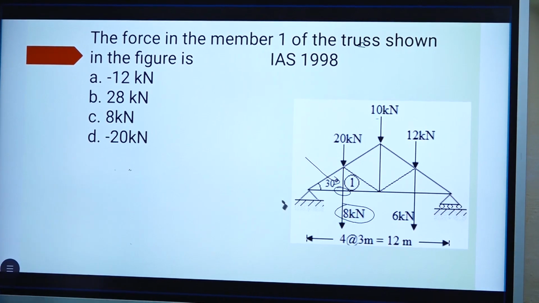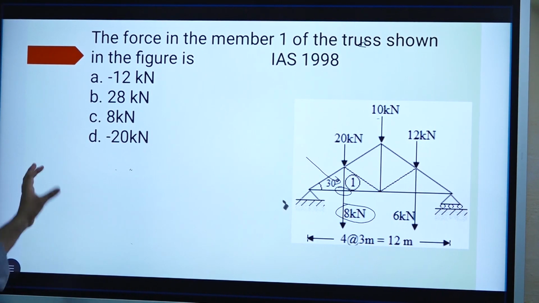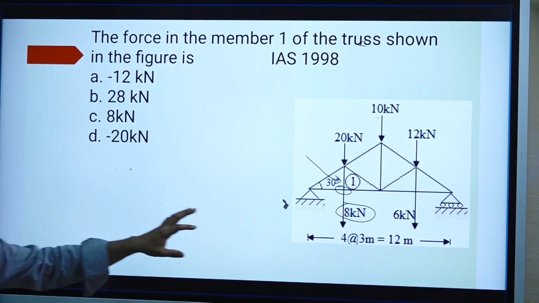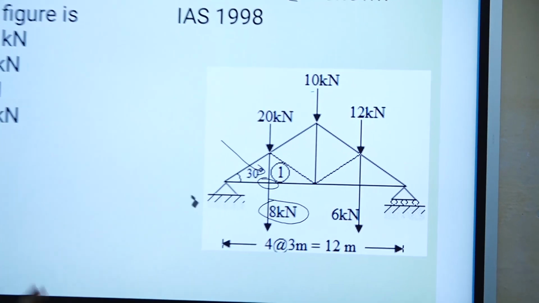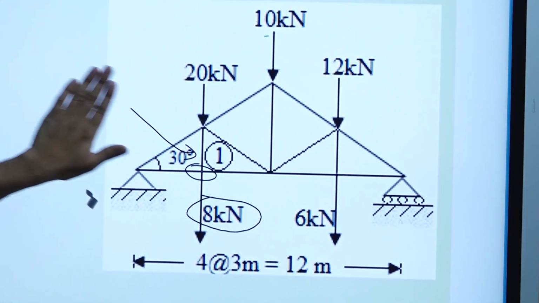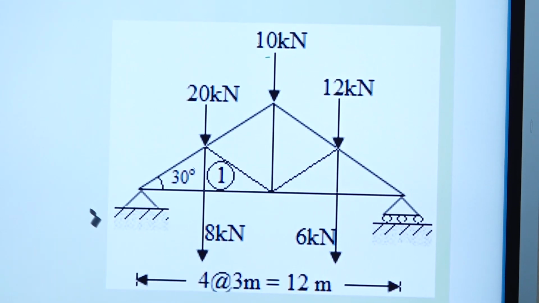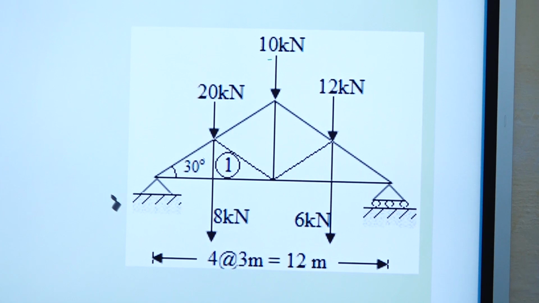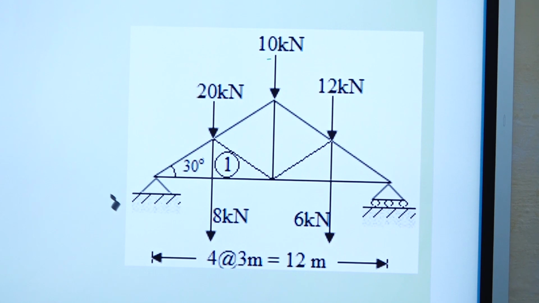So that's how we can easily solve IAS problems also. In IAS they normally ask very conceptual questions in which you don't have to solve many things, you just have to apply your brain. Okay, so let us move to the next chapter now. We will be solving more numericals of trusses after completing the theory part. These 2 or 3 numericals I took just to explain the theory part.